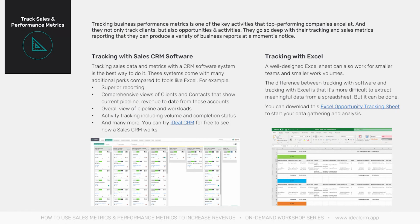The fifth step in our process is track sales metrics and performance metrics. Tracking business performance metrics is one of the key activities that top-performing companies excel at. And they not only track clients, but also opportunities and activities. They go so deep with their tracking and sales metrics reporting that they can produce a variety of business reports